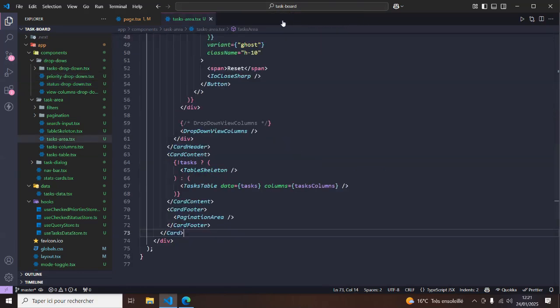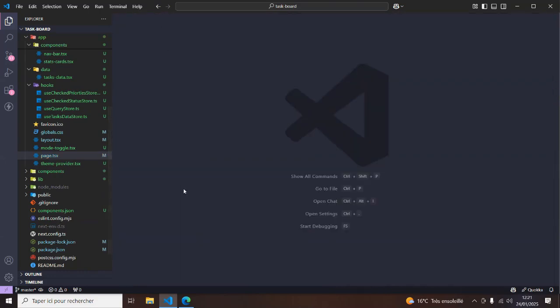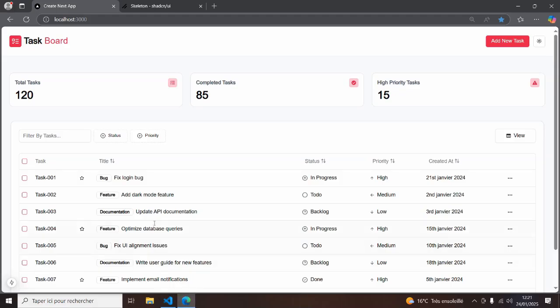I should have done this before I started creating the filters, but I have to do this now because we're going to rely on it when we add, delete and modify, especially when we work on this drop down to be able to modify and update